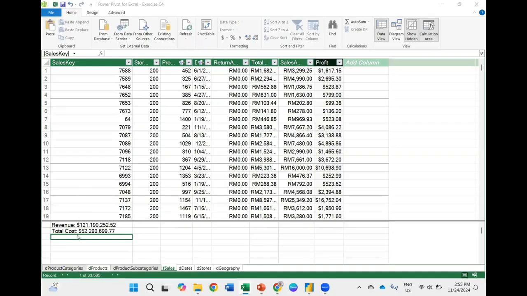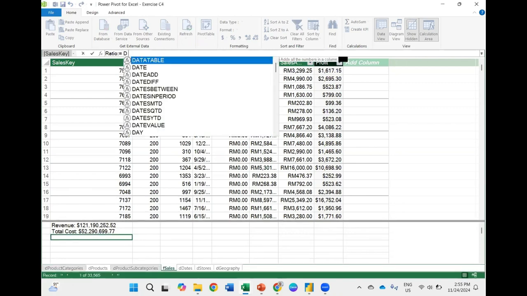Now we want to add another measure, ratio. Ratio equals divide.